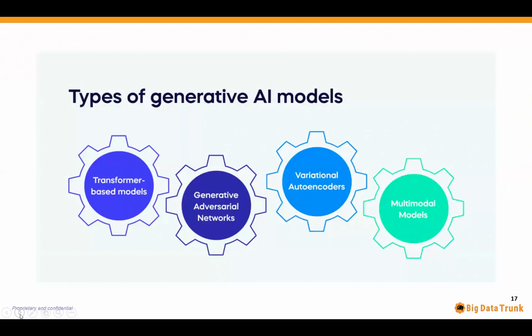Some of the main deep learning architectures that go into building a lot of these Gen AI tools, at least these are 4 terms you will come across very frequently. A lot of them, especially all the ChatGPT kind of tools, do make use of transformer-based architectures. In fact, GPT itself stands for generative pre-trained transformer.